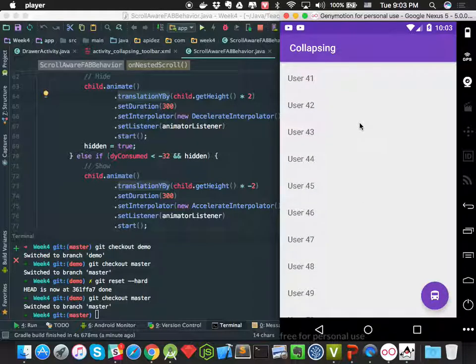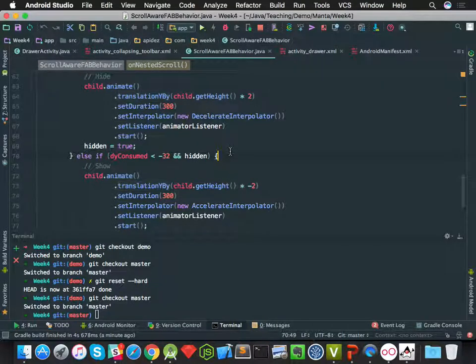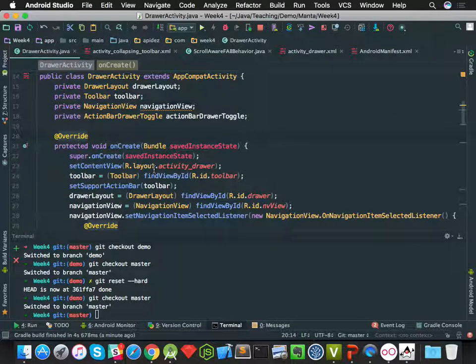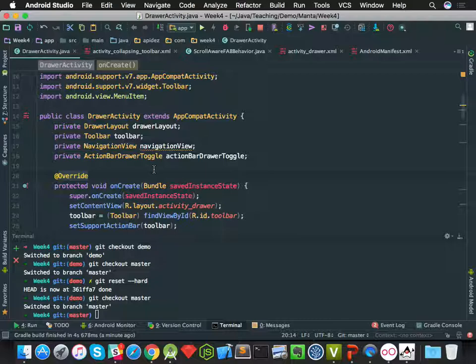Okay, thank you everybody, and have a good night. I've got to try to figure out the action bar stuff and drawer layout and show you later in lab. Remember to